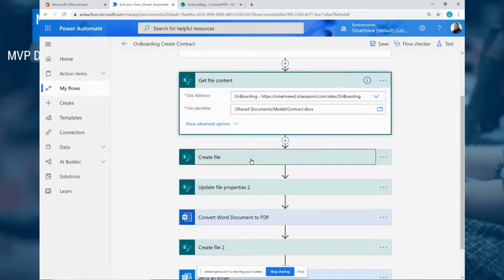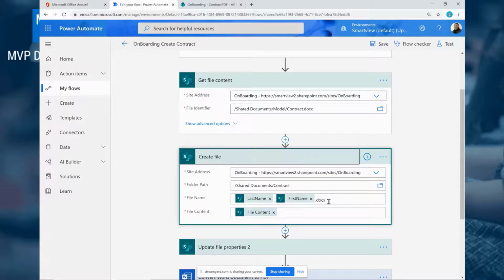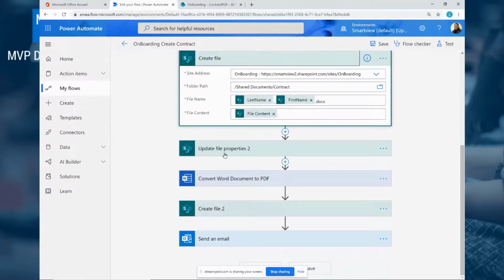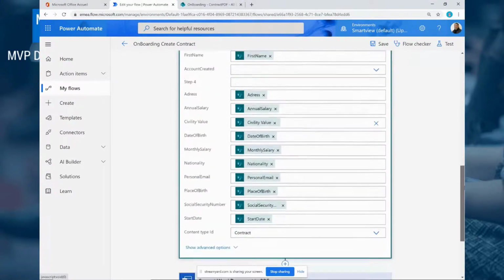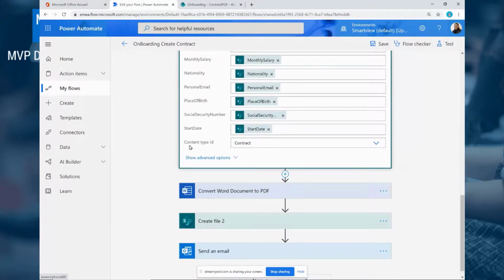After that, I will create a Word document, which is a copy of this one, with the last name, first name and the content. The most important step is the following one. When I update file properties here, the goal is to use what we call the content type, a mechanism available in SharePoint, which is a contract.